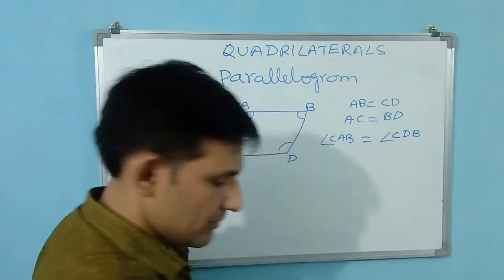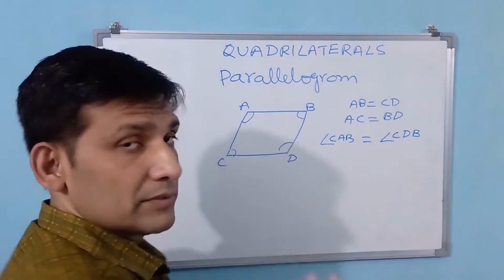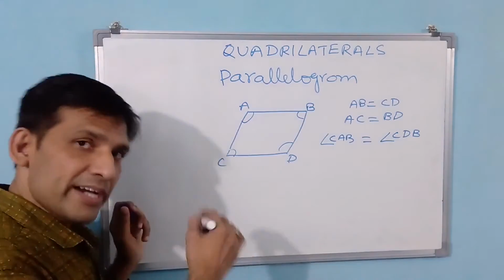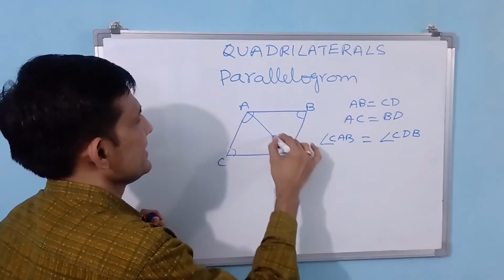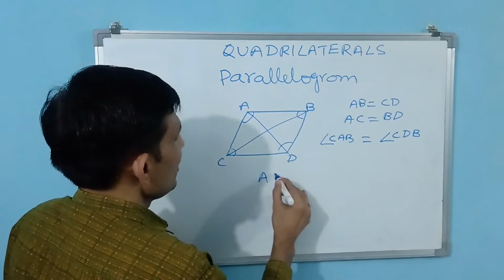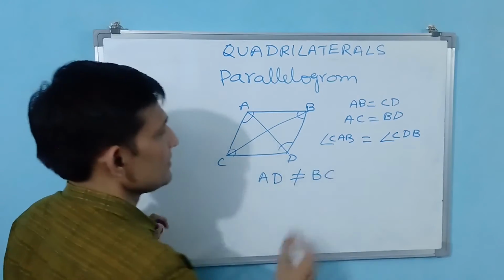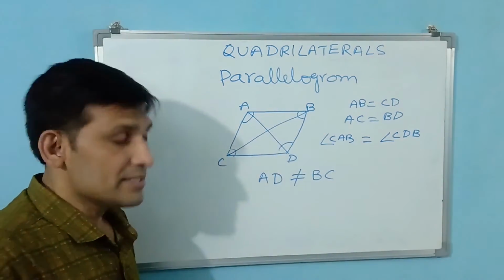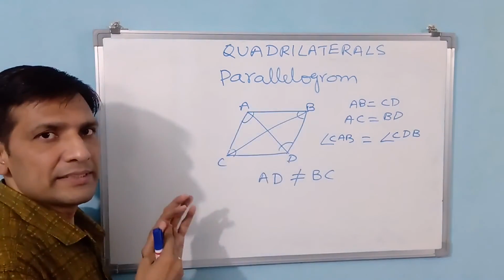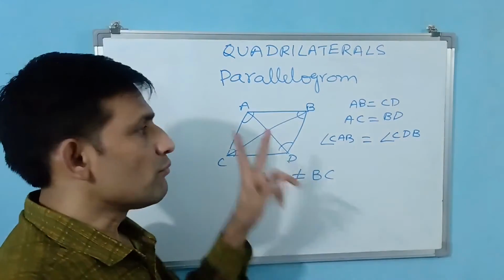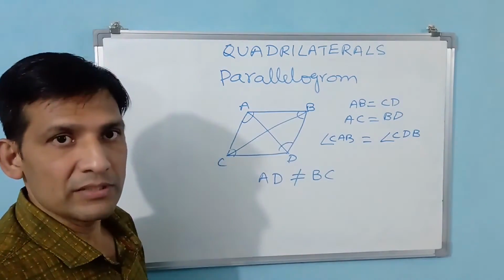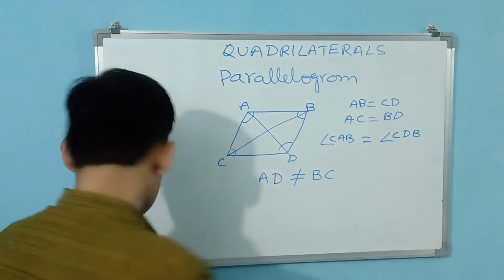Okay, we go for another one. Before going, you see how it is different. I have told you, not only angles, even diagonals also. You see here, AD is one diagonal, CB is one diagonal. Here AD is not equal to BC. Both diagonals are not equal. That is the property of this parallelogram, which is why we particularly call this a parallelogram. In square and rectangle, both diagonals are equal, same. But here both diagonals are not equal.